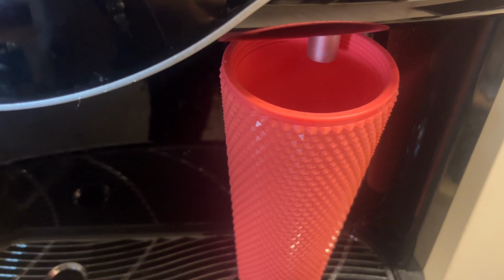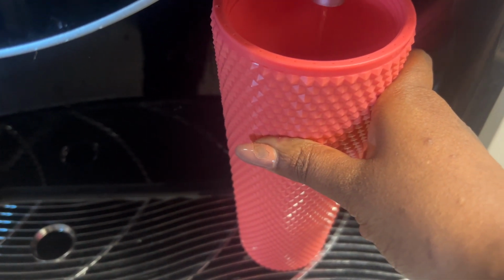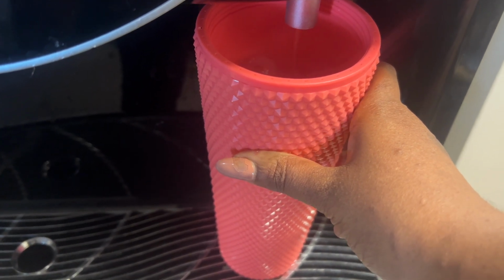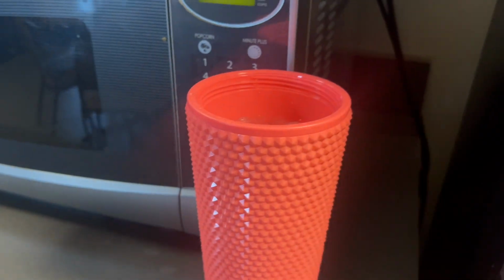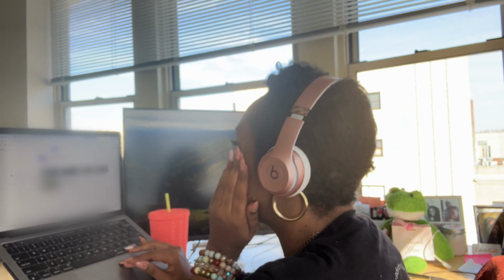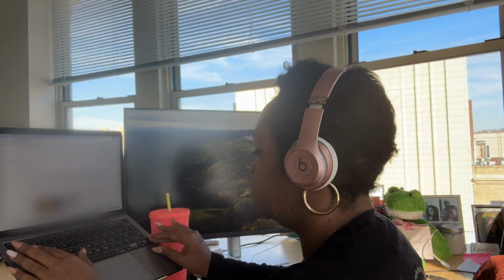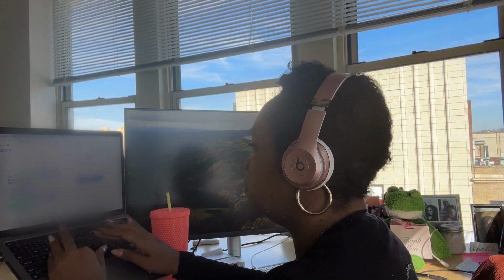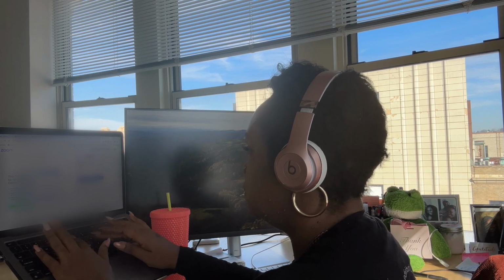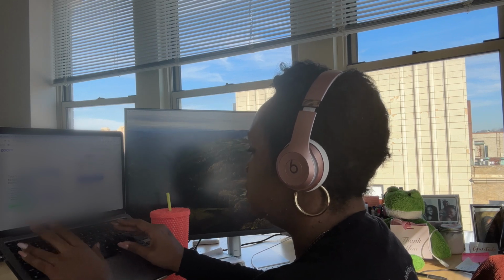Okay guys, so we are starting off with water. We have to hydrate, so always start off with some water to get your day moving. That's just my pretty cup I got from Starbucks. I have so many of those cups that I need to stop getting them, but that crushed ice is the best. So water we are starting off with, and now I am on to my first meeting. I don't even know what I'm meeting about at this point. Usually my effective meetings last between 25 to 30 minutes.